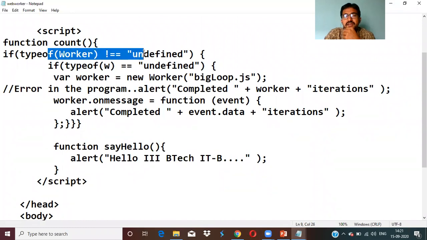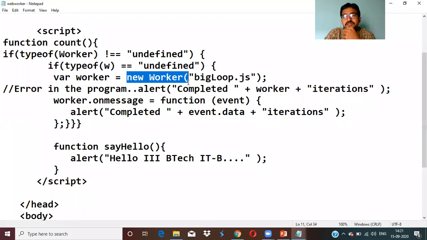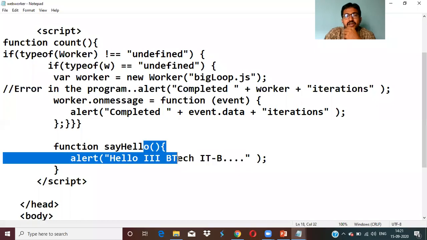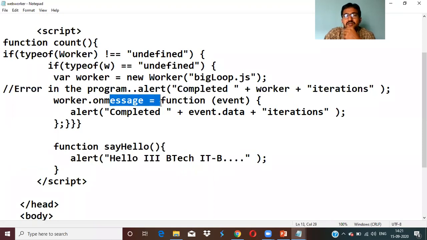So if the type of worker is undefined, then new Worker, bigloop.js. In the sense, bigloop.js is a JavaScript which runs in the backend. Only for your understanding, I'm just using a script called bigloop.js, and it will run in the backend. So in the front end, you can do your work, like you can say hello, you can say something over there. And you can send and receive messages from the worker once it has done the job.